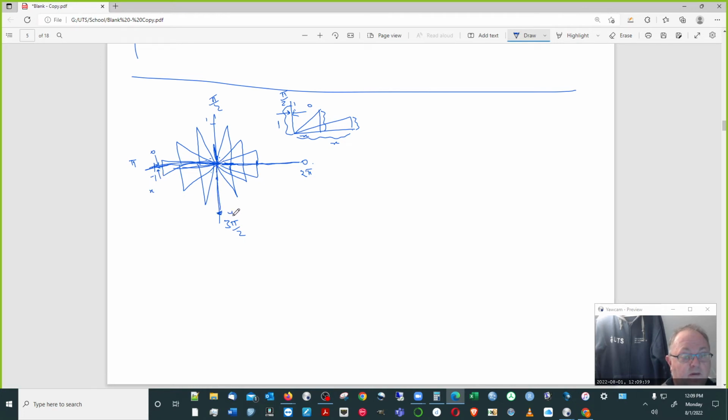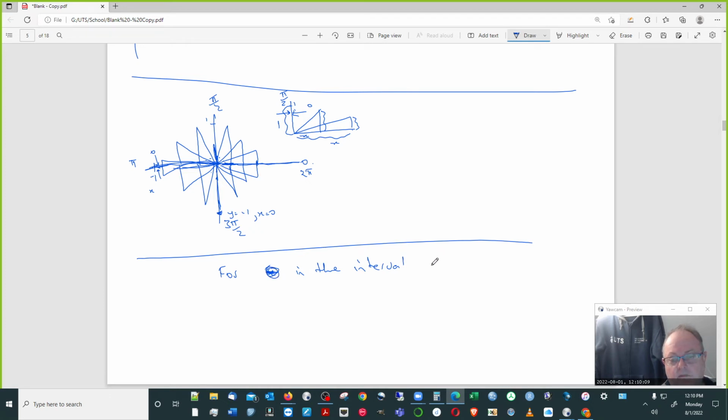Y is now -1 and X is diminished. There it is, getting smaller and smaller. Now it started out here, smaller and smaller. This is the answer. This is the answer. Okay? So, for X in the interval, I'll make that theta. For theta in the interval,